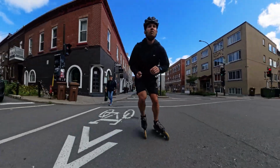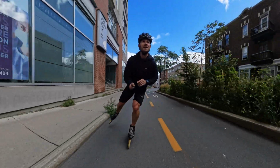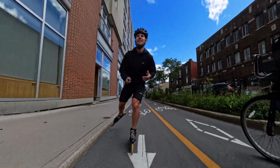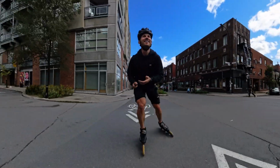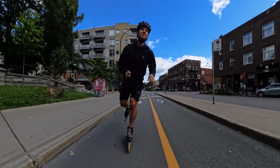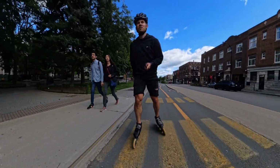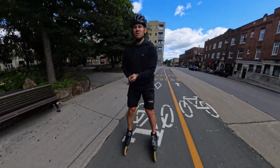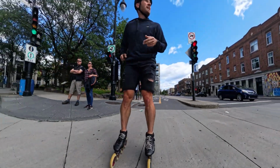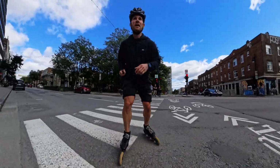Oftentimes, the athletes will blame the program. And like I said, very seldom is the program just so hard that no amount of recovery can get you back into a level where you need to be, or a place where you need to be for the next workout. Ultimately, it's up to you as an athlete, if your training program is hard, to take it seriously, eat right, sleep right, understand how food affects your body, how rest affects your body,